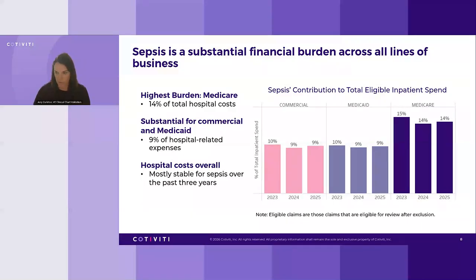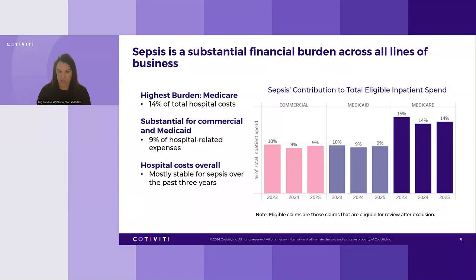Is it the sicker population? Is it the way that it's being coded and documented? And so what we've analyzed is that sepsis represents a substantial portion of the total of inpatient spend. Among Medicare members, it accounts for a significant share of hospital costs, with meaningful impact in commercial and Medicaid populations as well. What's notable is that overall sepsis-related hospital costs have remained relatively stable over the past several years,